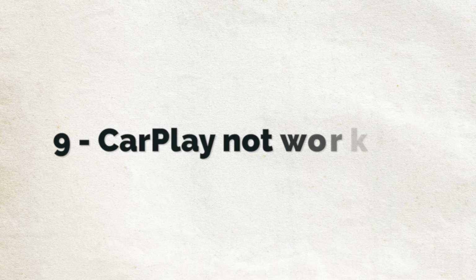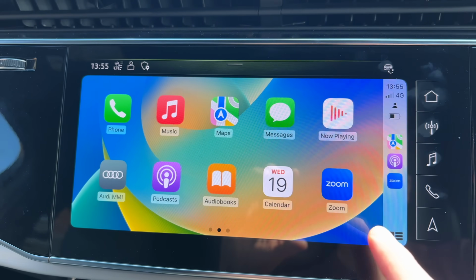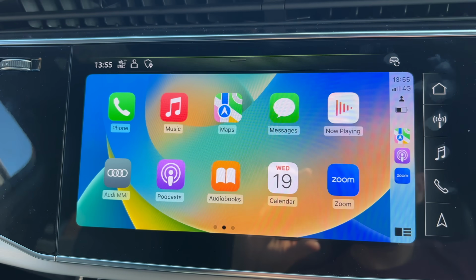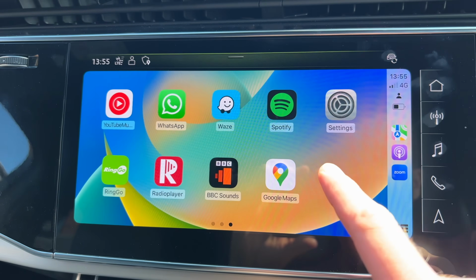In at 9 is CarPlay not working, so let's explore that. The first step with CarPlay related issues is actually to establish whether this is a major or minor connectivity issue. What I mean by that is sometimes you'll find that your phone won't connect, and all it takes is rebooting your car's entertainment system and restarting your phone, and that resolves the issue, so always try this method first. I've been using CarPlay for years, and I can hand on heart say that this simple step has always fixed the issue for me, even though it is annoying when you're sat at the side of the road waiting for